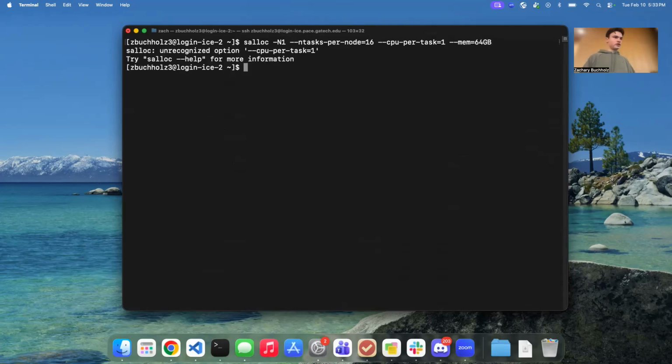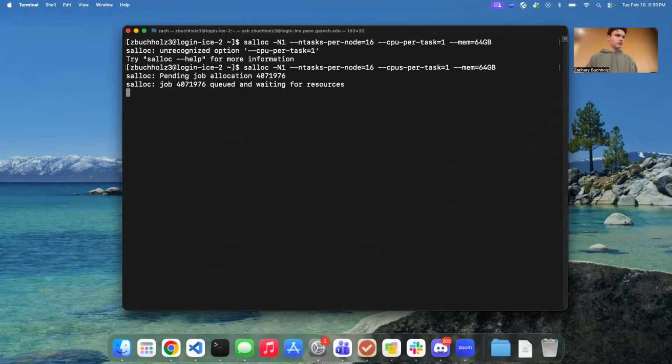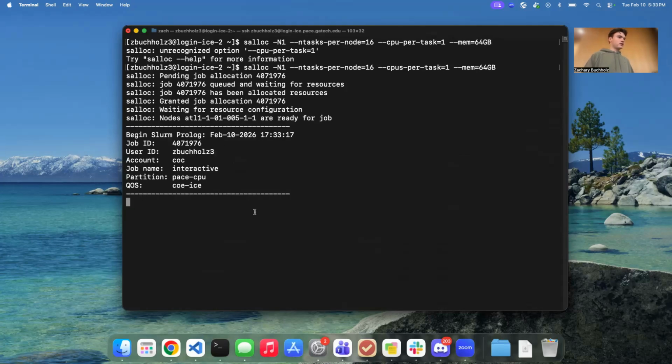And so if we run this, it should create an interactive session. I think it's CPUs, right? Yes, you missed an S. When we run this, it'll give us an interactive session. And so now we're in our interactive compute node. And so basically we have access to all of the 16 CPUs we requested on the one